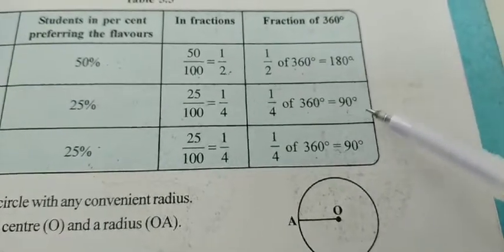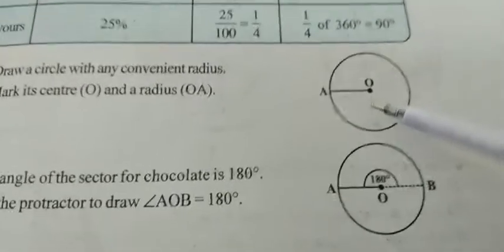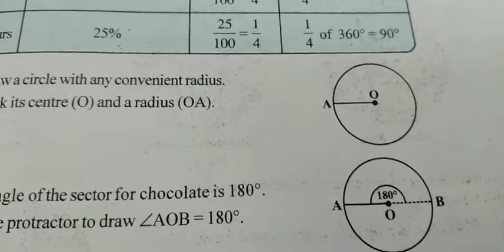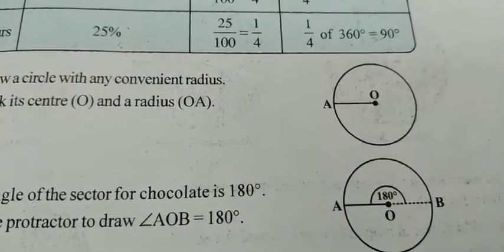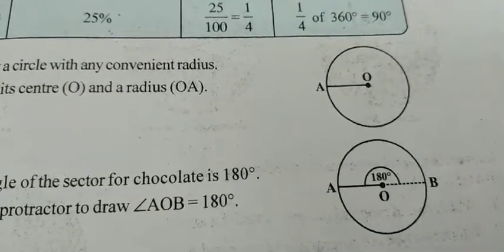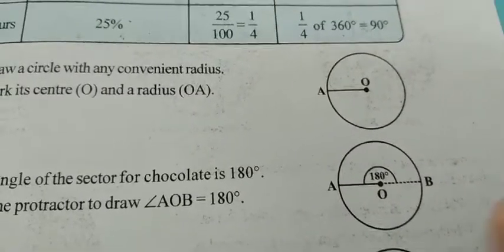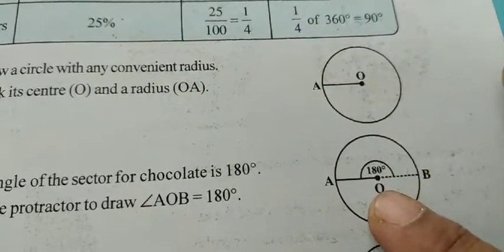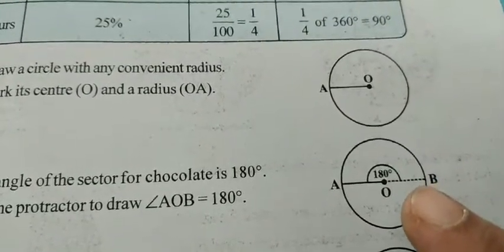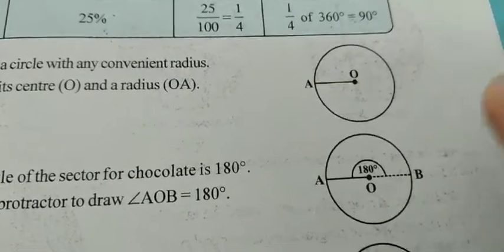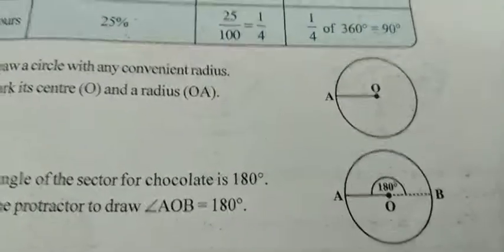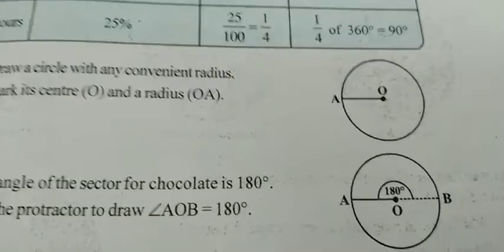Now you have to use these angles for drawing a pie chart. And to draw a pie chart, you require a compass, a scale, and a protractor. Or if you have a round protractor, then you will not require a compass either. With that itself you can draw this circle. How to draw? I will practically show you while we are solving the exercise. I will practically show you drawing of a pie chart using the different geometrical instruments. Hope you have understood this.